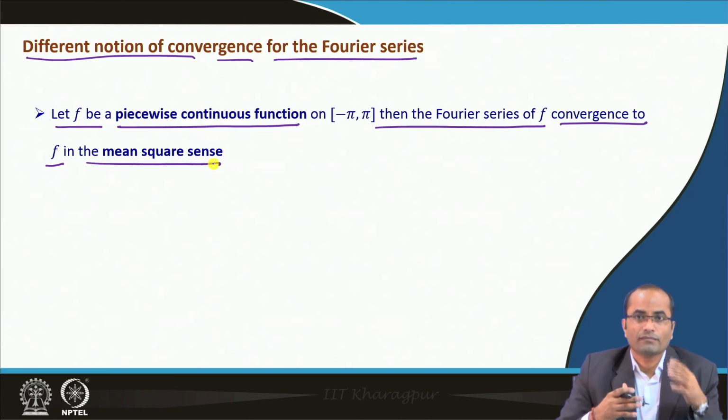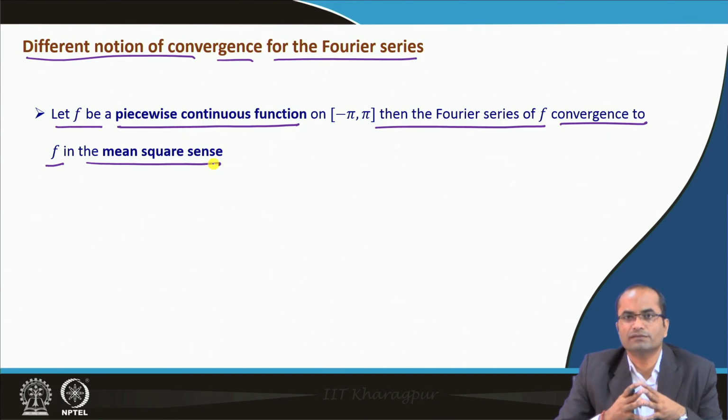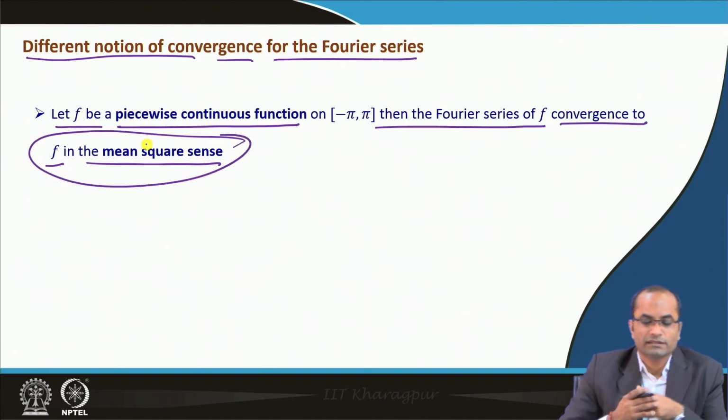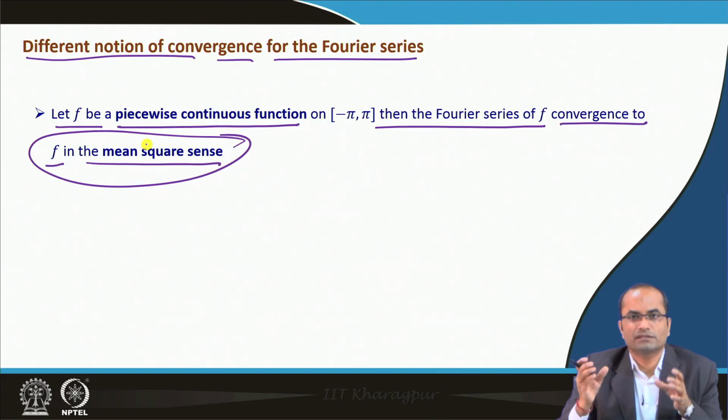It is trivial from looking at the construction of the Fourier series, which came by evaluating those Fourier coefficients by integrating the function f, or by multiplying f with cos nx or sin nx, and then equating again. So, the whole construction of the Fourier series was based on equating the integrals, and as a result we always get this convergence in the mean square sense, which is only in the sense of the integral.